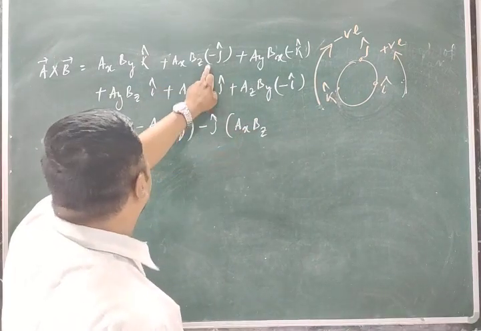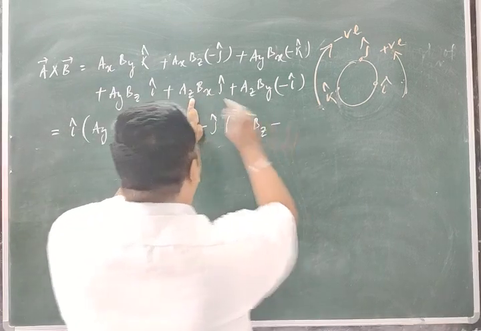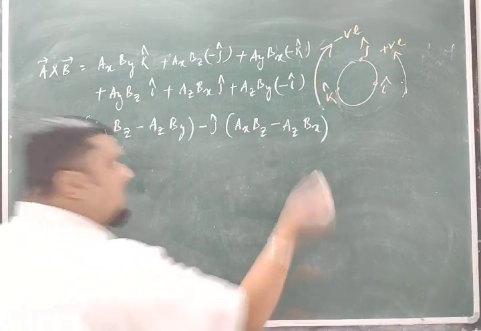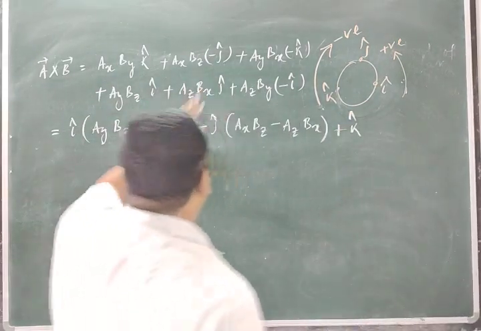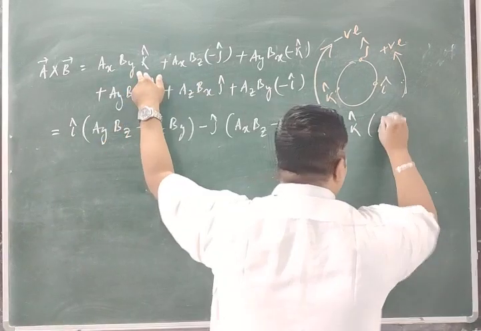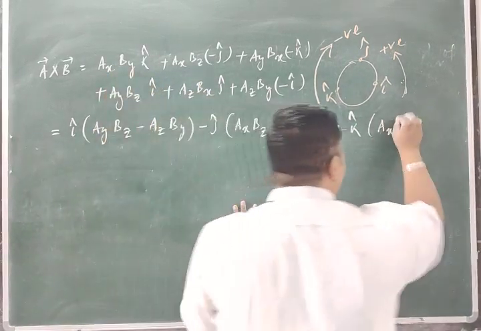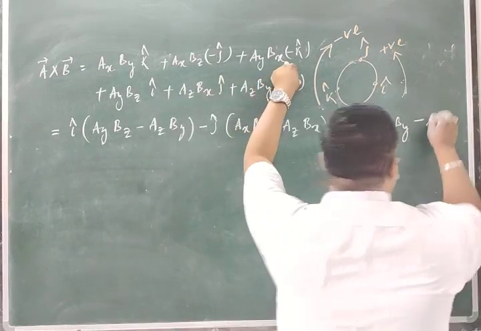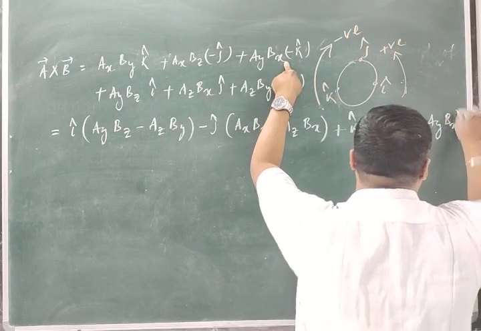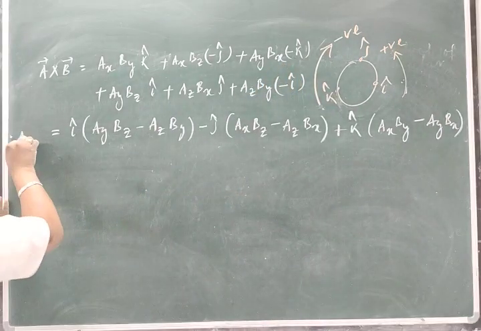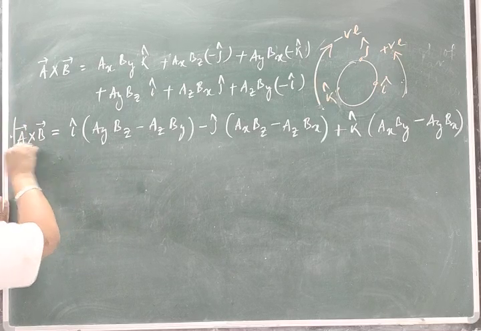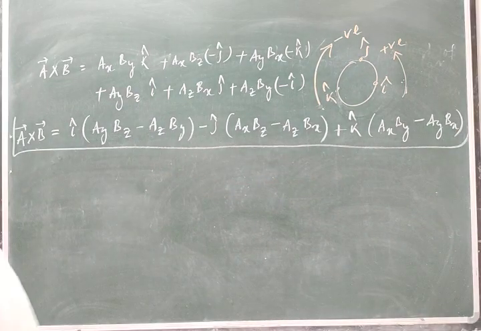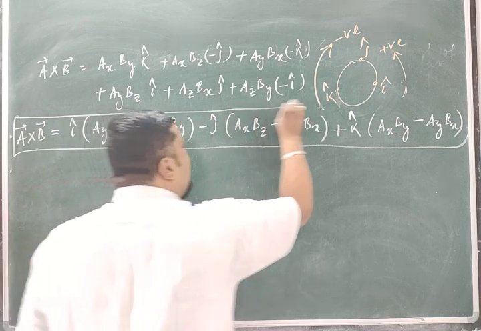ax bz minus j cap. So it is minus, means this will be minus of az bx, because I take common minus j cap. Plus, next plus k cap. Take k cap common. So ax by minus, where is k cap? Another one, this one. Minus ay bx. Clear? So I got this A cross B is equal to this one. This is the A cross B in terms of rectangular components.